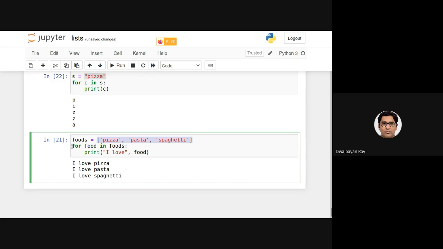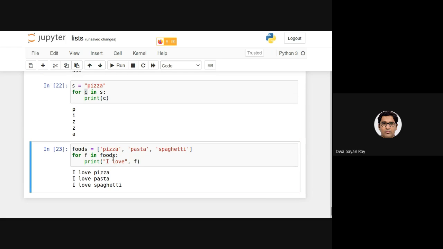And the application of this for loop is exactly the same that we have used while accessing the individual characters in a string, right? Here c was the placeholder. We can use anything other than s here as well. Similarly, we can name this placeholder with anything except foods, right? So we can also declare, say, f for f in foods, and we need to use it here. So it will be same, right?